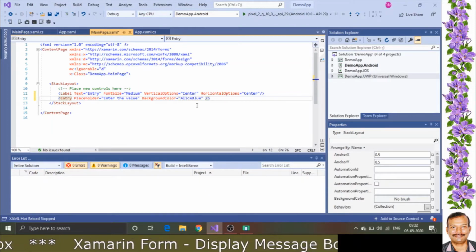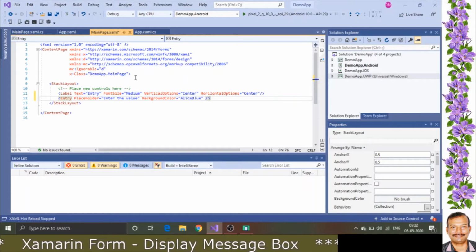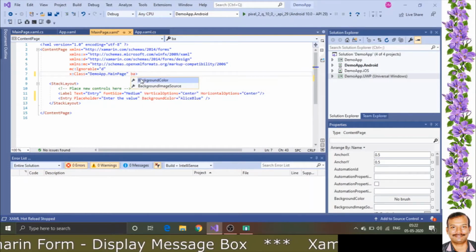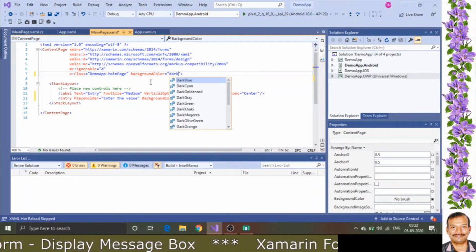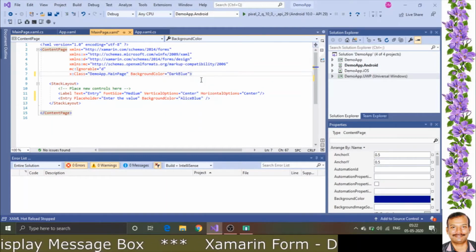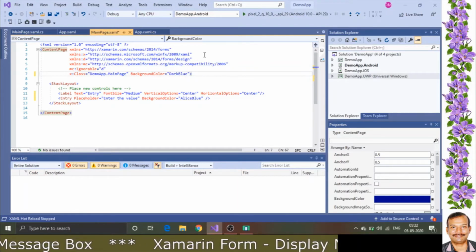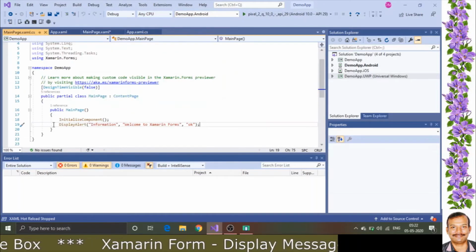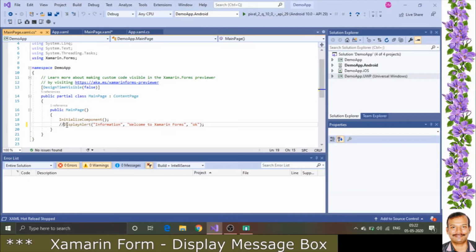Now in this application I want to fix the background of the application itself, so I am changing it in the content page. I am giving dark blue. You can give whatever you want, but go for the standard one available for current designing. Later we can go for hex values and change the color according to the requirement. Now we have created this, and I'm going to the main page and removing the display image that we created in the last session.